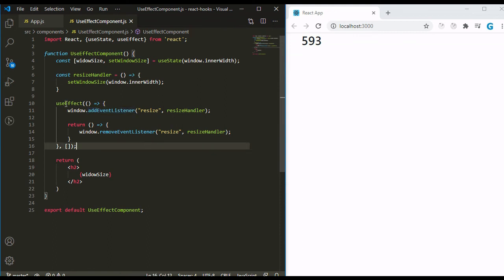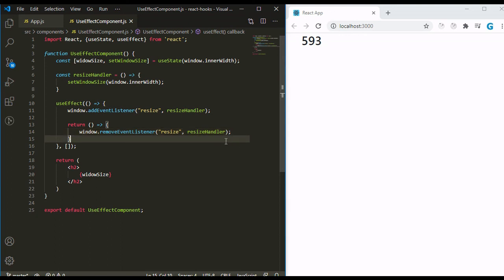Whenever your useEffect function runs after the render, your addEventListener will run first, then this return function will run. So this return function will clean up your event listener. By using this at runtime, your memory can be freed. So there will be no performance issue. So friends, you must remember, for better performance of the application, you always have to remove the events or unregister the subscription. That's it.